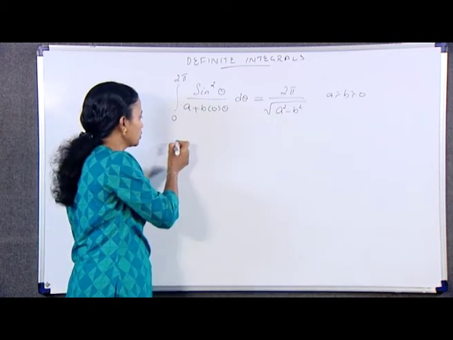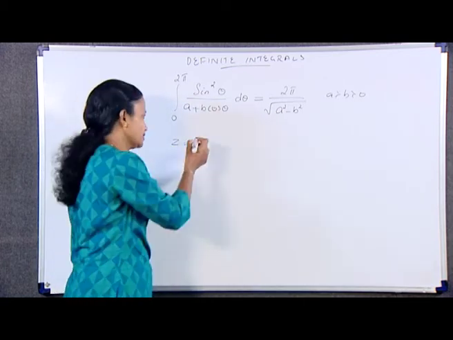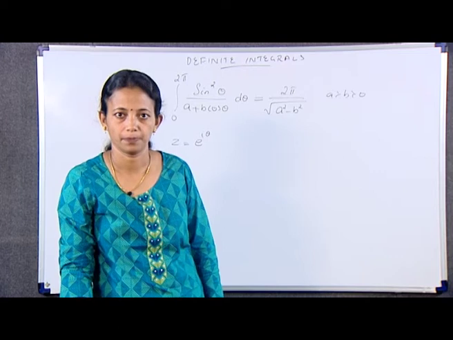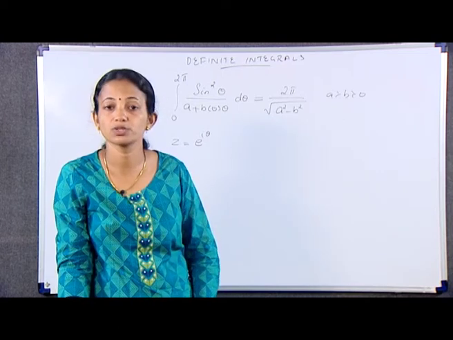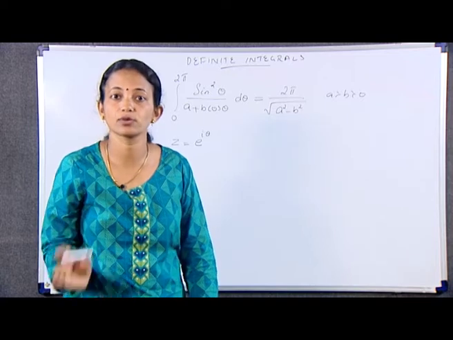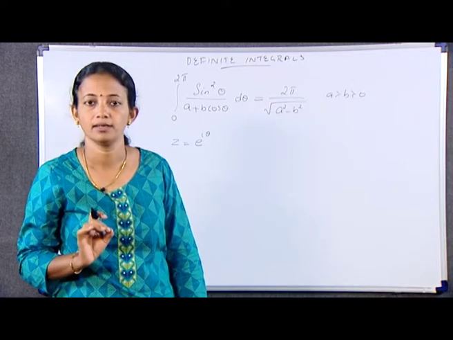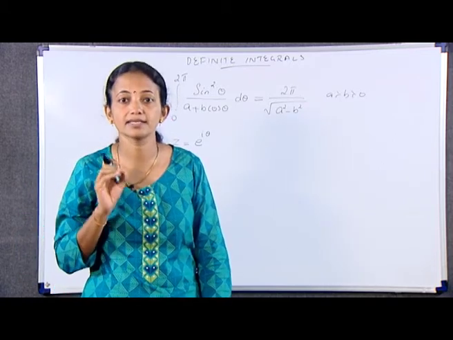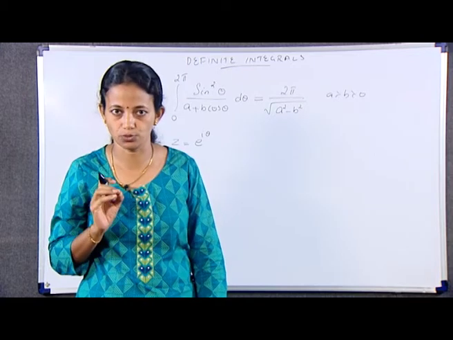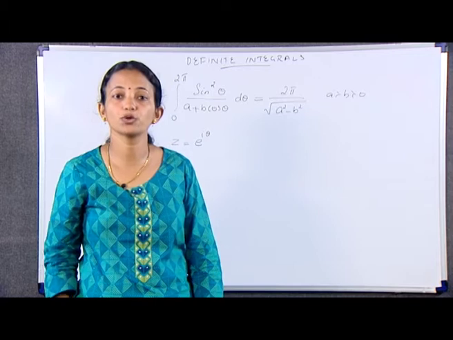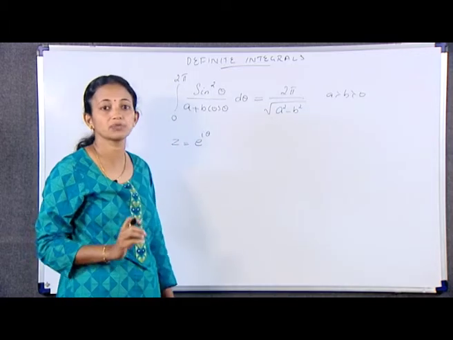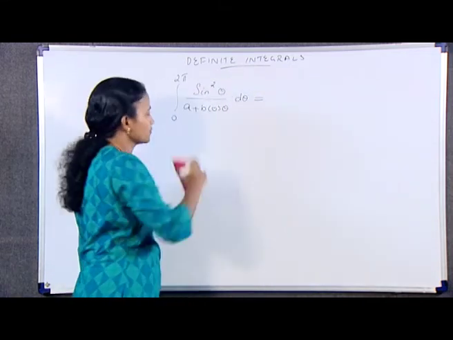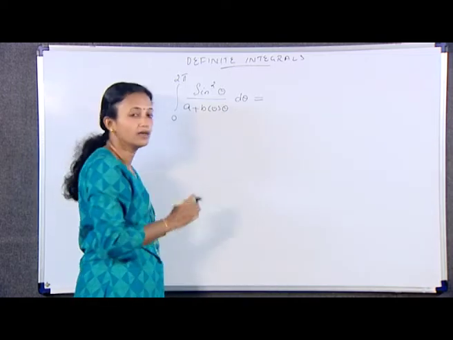Here also, first you put z is equal to e raised to i theta. Of course, this theta varies between 0 and 2 pi. When we make this substitution using the equations, that is sin theta is equal to (z minus z inverse) by 2i, and of course cos theta is equal to (z plus z inverse) by 2, and d theta is equal to dz by iz, equation number 2. Then integral 0 to 2 pi of sin square theta by a plus b cos theta d theta can be written, by substituting all the values of sin and cos and of course d theta, as